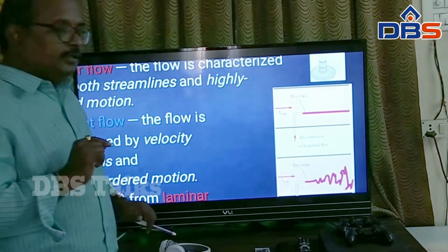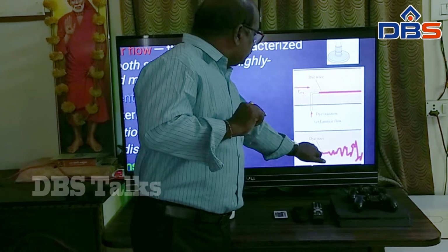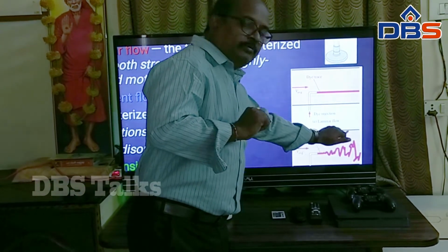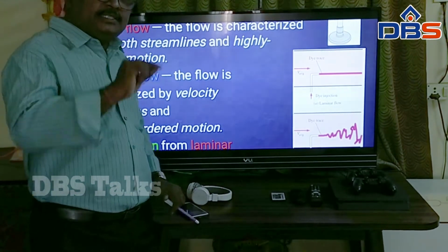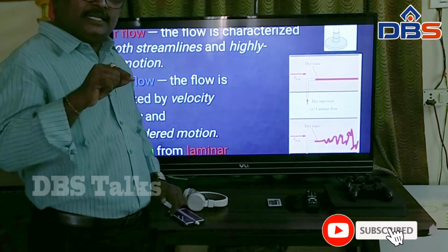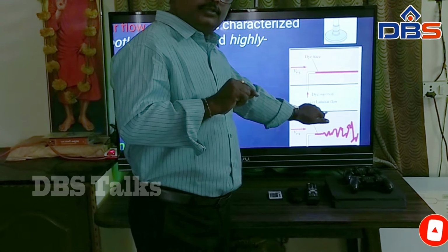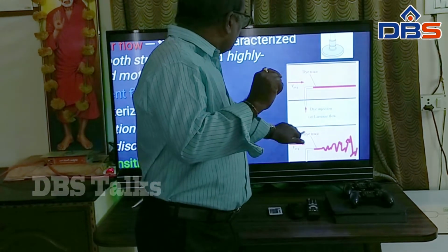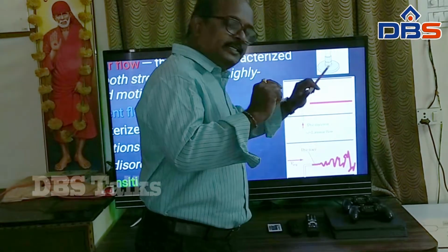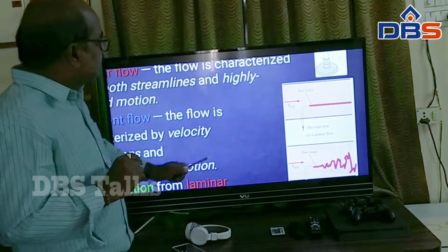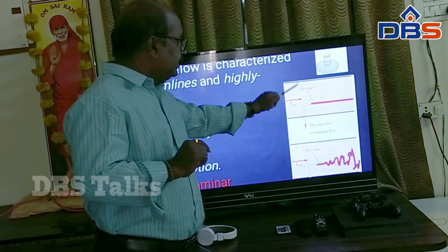So in case of turbulent flow, okay, due to dye injections, we find there will be a zigzag portion. When the dye is moving in a zigzag manner, we can understand that inside the pipe, the flow is not smooth. The flow is of high velocity. It is not a streamline. Then we have to understand that it is a turbulent flow. Like this, we can understand whether the flow is laminar or turbulent with the help of a dye injection.